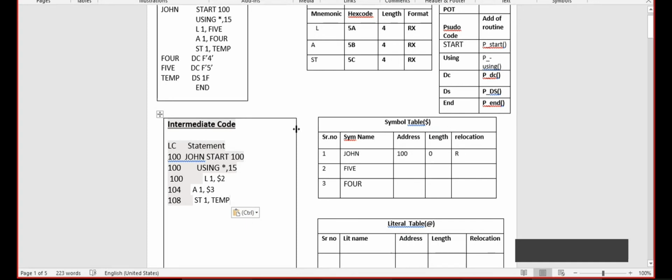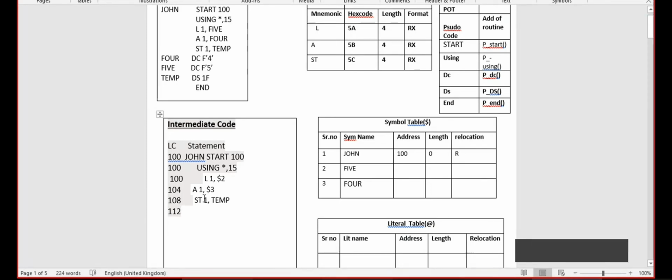So the length of this ST is 4 bytes. So after execution of this statement, the location counter should be 108 plus 4, that is 112. So I am writing 112 into the location counter for the next instruction.